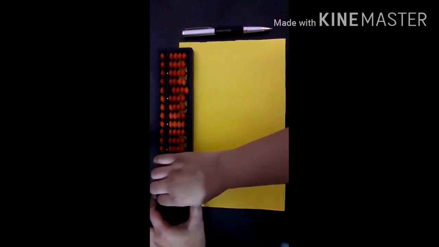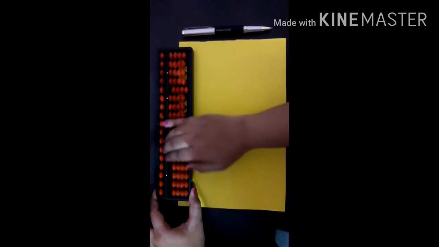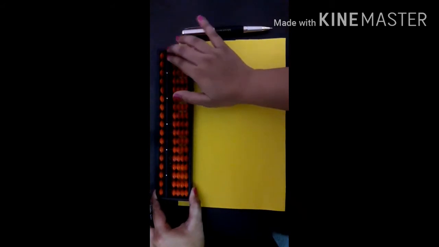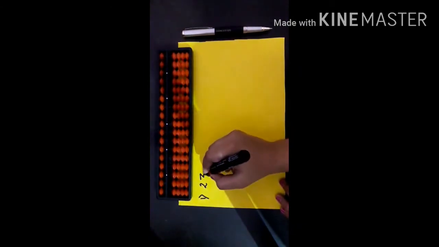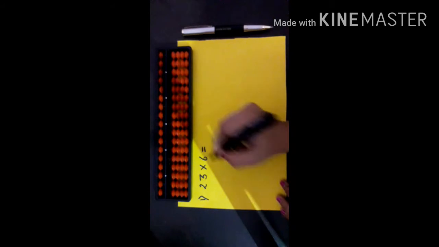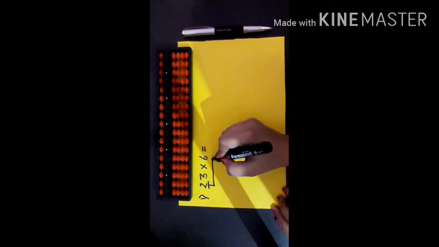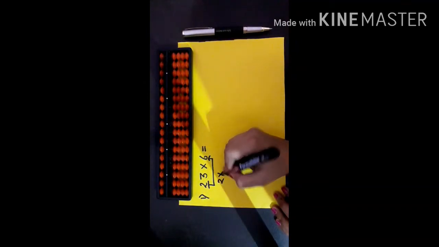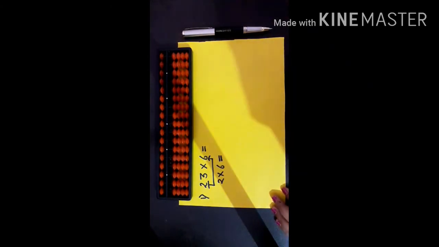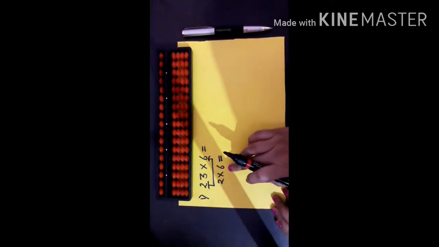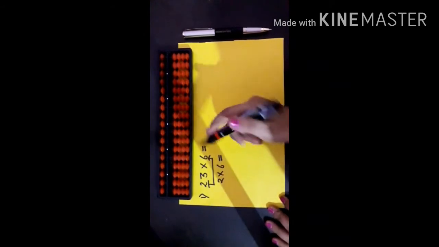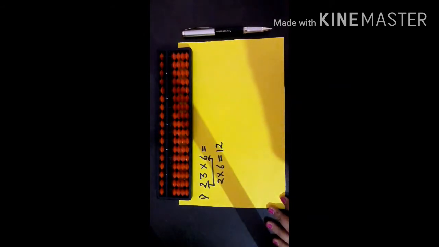Students, now set your abacus, upper beads up and lower beads down. Now your first question is 23 into 6. As you all know, first of all multiply your first digit with 6. 2 into 6. Now according to dodging, you will not count the table from 1, just 6 twos are 12 directly.